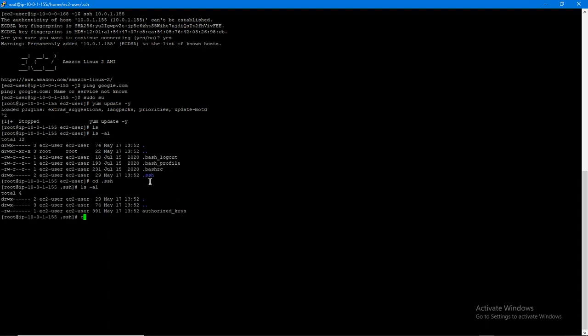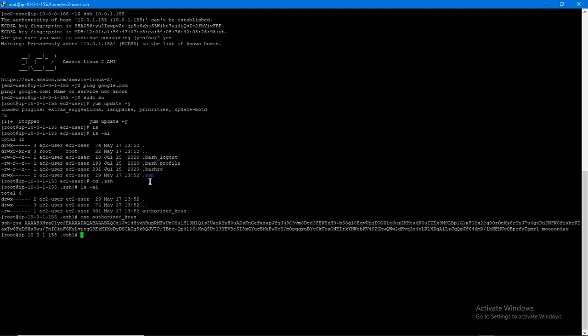If you say cat authorized_keys, you see everything inside the authorized keys. You see that the SSH key that we used in logging in from the first one is still here. It's in the public IP. So this is what you do. You can just log into